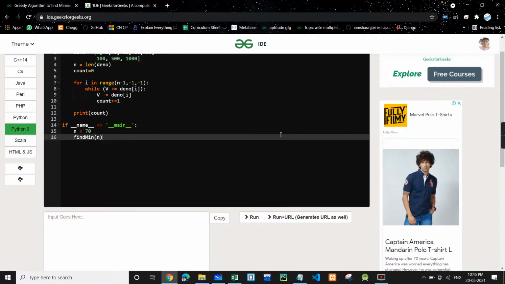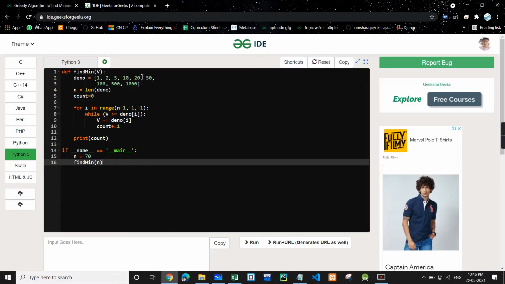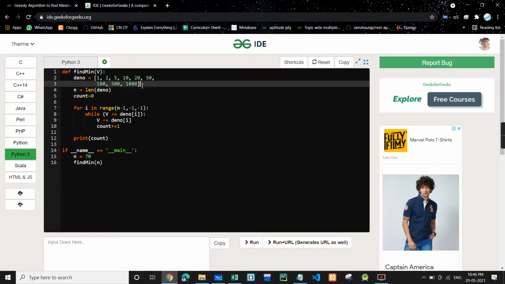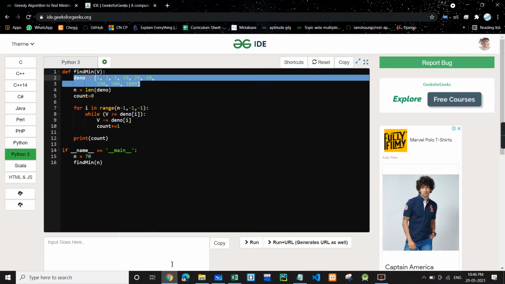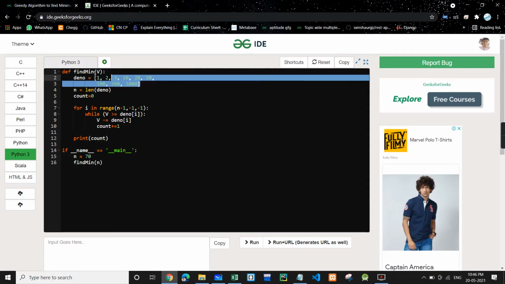So let's discuss the time and space complexity for this approach. Since we are just iterating from the back, the time complexity will be O of n, and we are taking this list as extra space, which will be constant only, because the number of denominations will be constant.